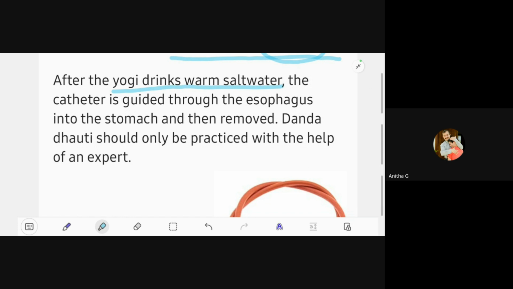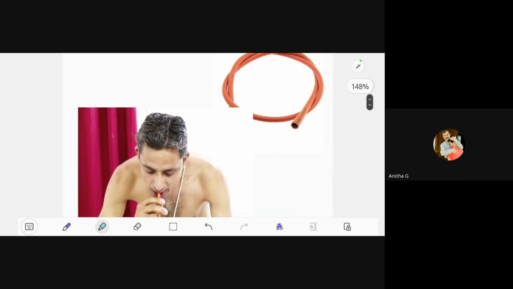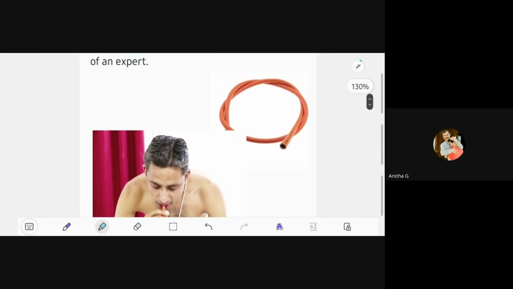First, the technique is to use this catheter. This is a catheter, a long tube, nearly 6 meters long. And if we take the stem of any banana, turmeric, or beet, if we take a mass, we are taking around 5 to 6 meters long.